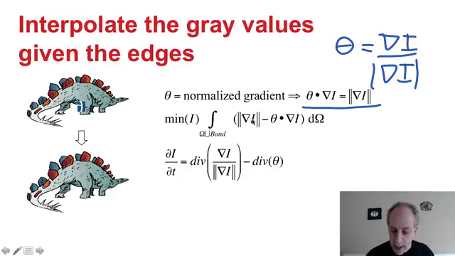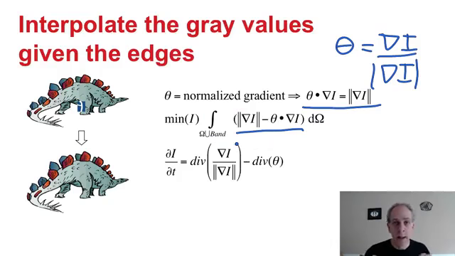We are going to optimize for the image in such a way that it is consistent with the gradient that we were given. That consistency is exactly what we have here. When the image holds this,